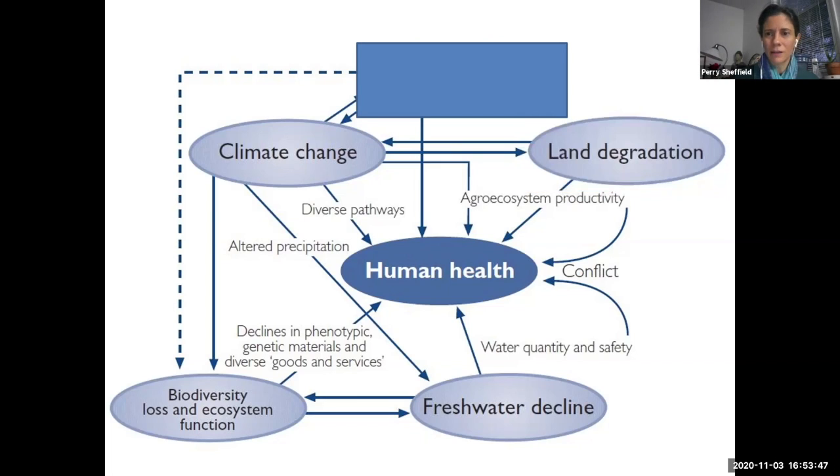Some other phenomenon, land degradation. So we know that as literally the surface color of certain land changes or how much is vegetated, it changes both the reflectivity and the evapotranspiration, which translates to a temperature. And so that can drive climate change and weather patterns, like micro system weather patterns. And then we know through that and through agricultural productivity that can directly affect human health.